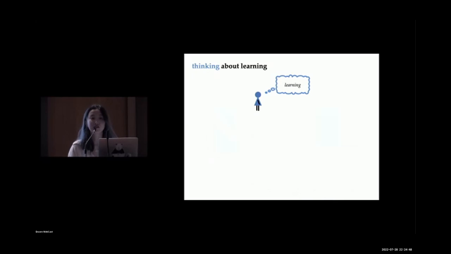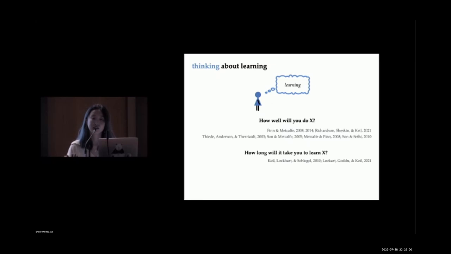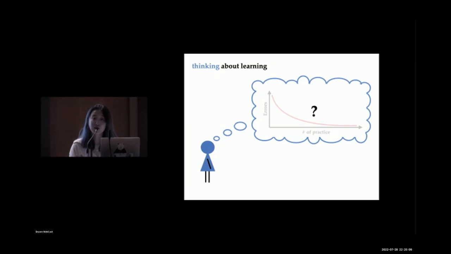Now, on the other hand, there has also been lots of work looking at how people, both children and adults, think about learning, including how they evaluate and predict their performances at discrete time points during the learning process, how they estimate the time it might take for them to learn something new, and open-ended questions asking children what they think learning is. Inspired by all that work, we want to go a step further and look closer at how people think about the learning process. More specifically, we want to know whether people hold fine-grained representations of learning as a process that unfolds over time.